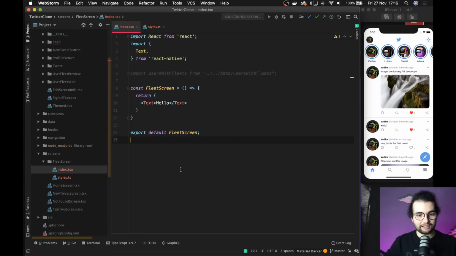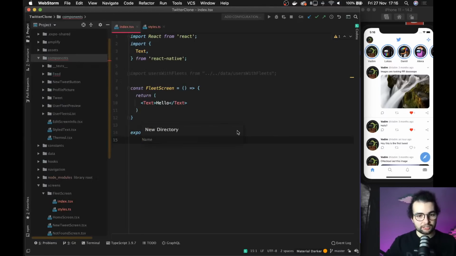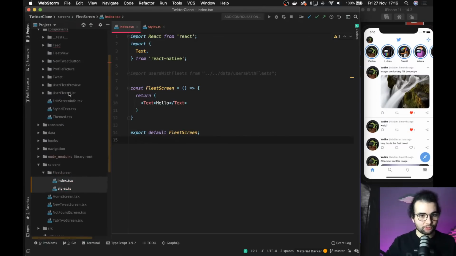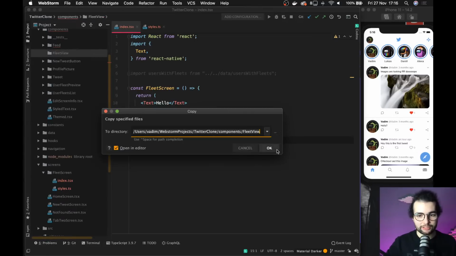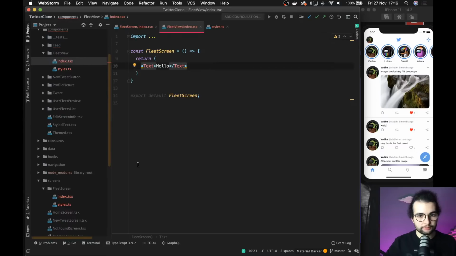So yeah, let's get back and let's create a new component. I think that's going to keep our code cleaner. So let's say fleet display or fleet view. I will copy paste this to styles and index, not to waste time creating them. Fleet view. Rename it to actual fleet view. And here we will